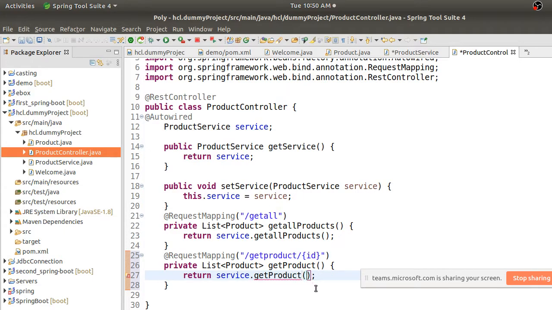So here you have to pass an ID, and according to that ID, it should fetch the details and print it. I think the return type would also be product.